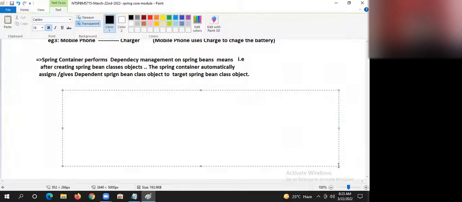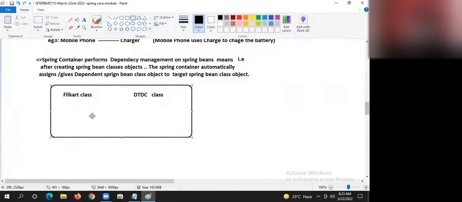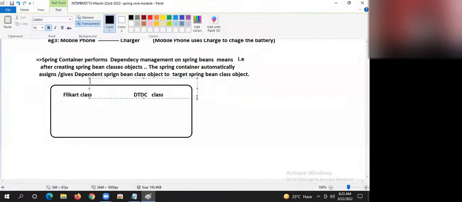Right, guys. Flipkart class, DTDC class, given to Spring container. Let us assume it can be any Spring container, guys.